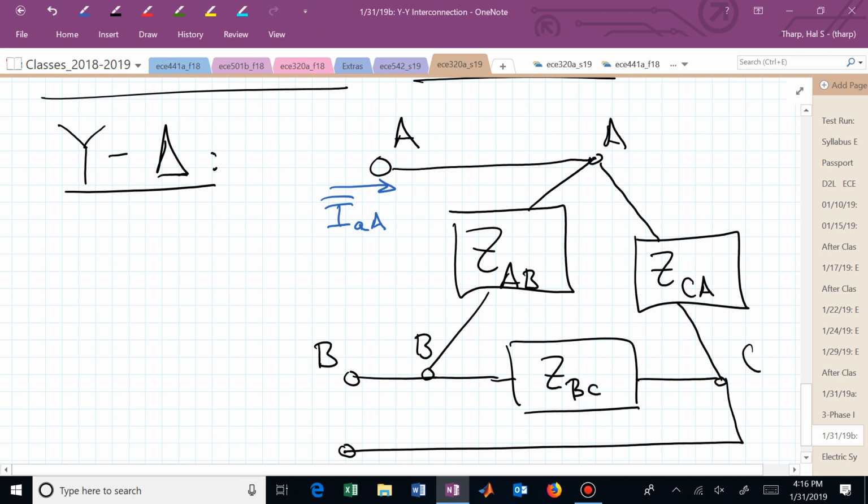Now you need to label it more than what you've labeled, because right now the line current really doesn't tell me what I need to compute the complex power. I need the voltage across one of these impedances, and the current through that same impedance, and then I can just do V I star. What's the voltage across the A phase load impedance in this configuration?